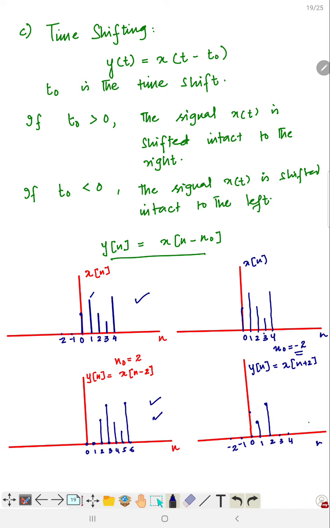So it is slightly lesser, so it is this value. Fine. Then here, and finally here. Again, we haven't lost anything, no sample is being lost, just that the entire waveform is intact and is shifted